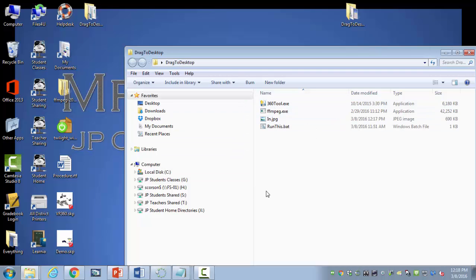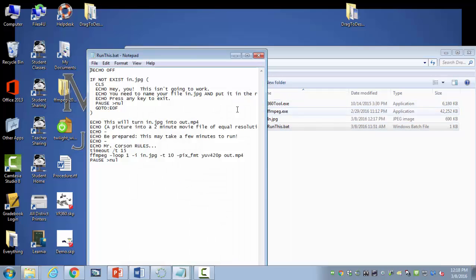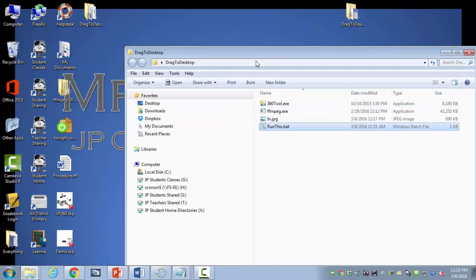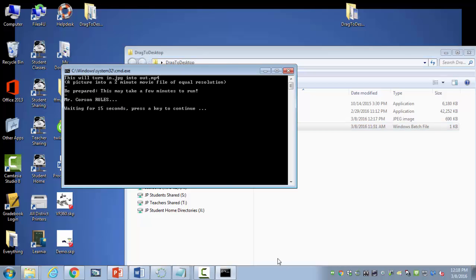Now, the next step here is pretty easy. I've done the legwork for you. I'm proud to show you my code that I wrote to do it. But all you need to do is double-click Run This. It tells you this is going to turn in.jpg into out.mp4, an input and an output. Be prepared, it may take a few minutes to run, and